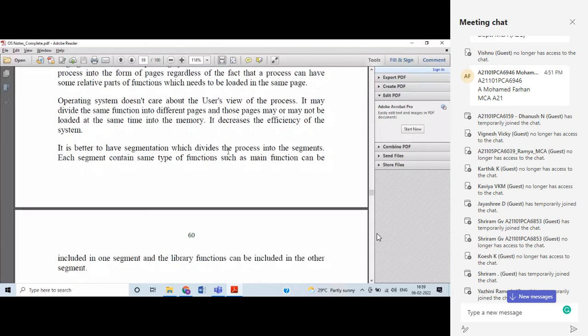So paging and segmentation are very important concepts in operating systems. So don't leave these concepts for your exam portion. And also that